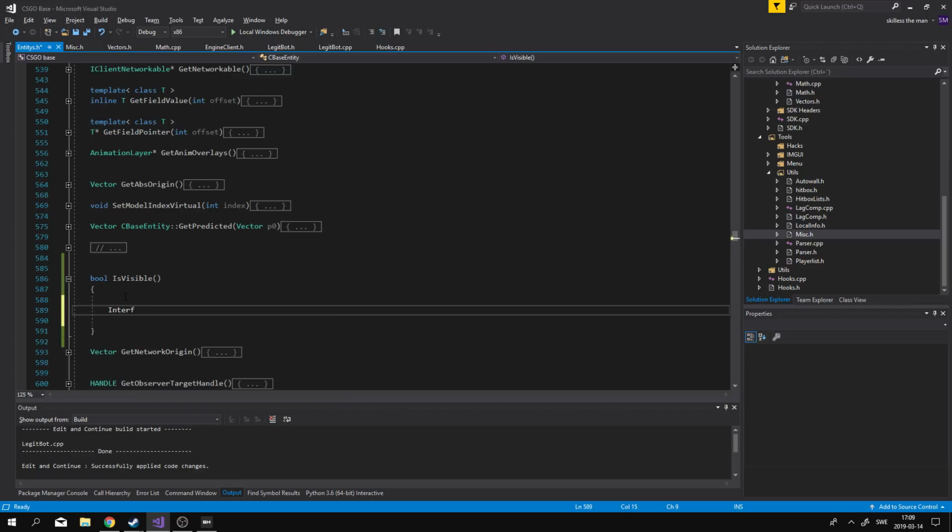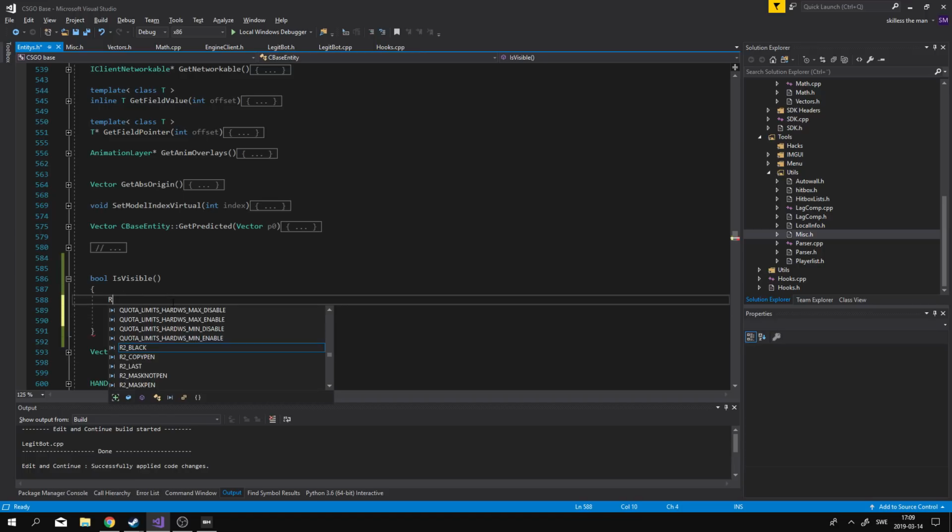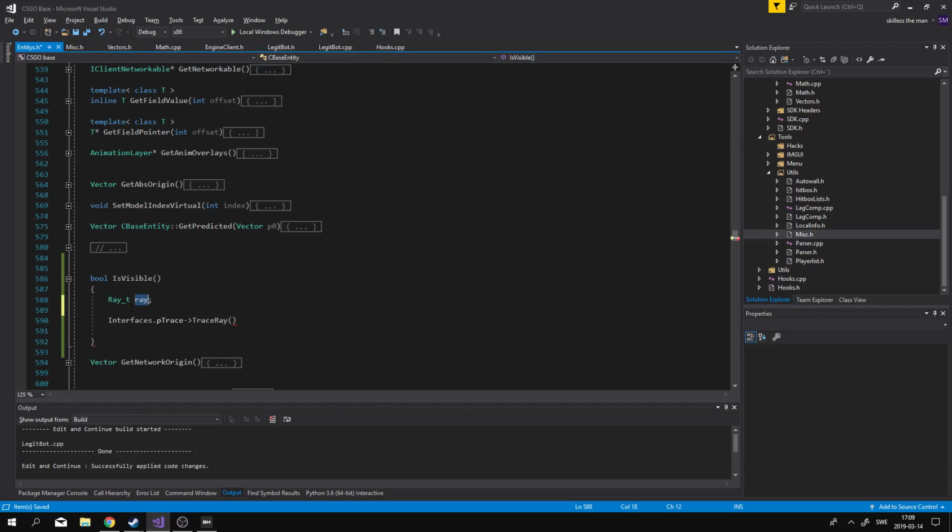Interfaces. Let's see. It should have an engine trace. Trace. Yeah, it had. Thank Lord. Trace ray, and there's 2 trace rays defined here. I don't really know if there's a difference. Could be. Let's do the one that I thought looked regular. So it will take a ray. So ray, define it here. This one I most likely need to init,